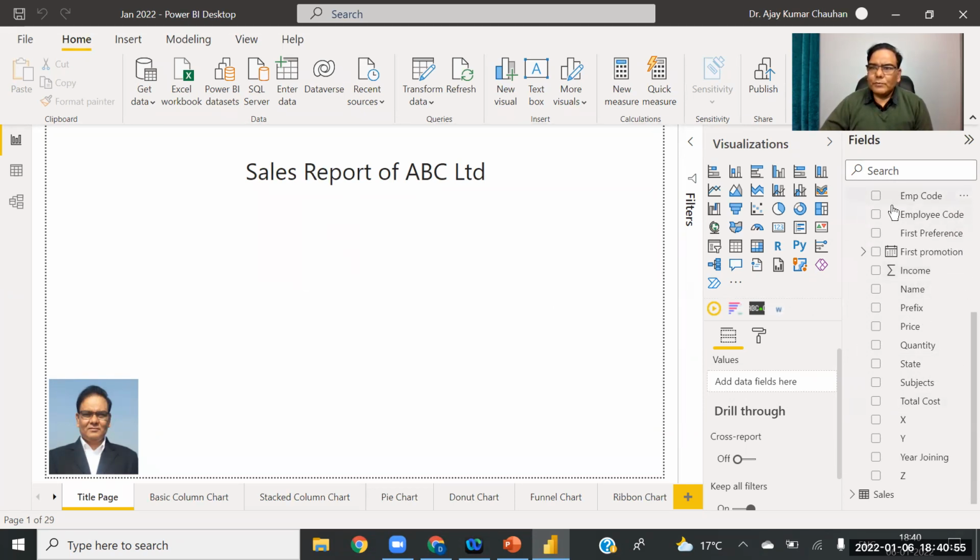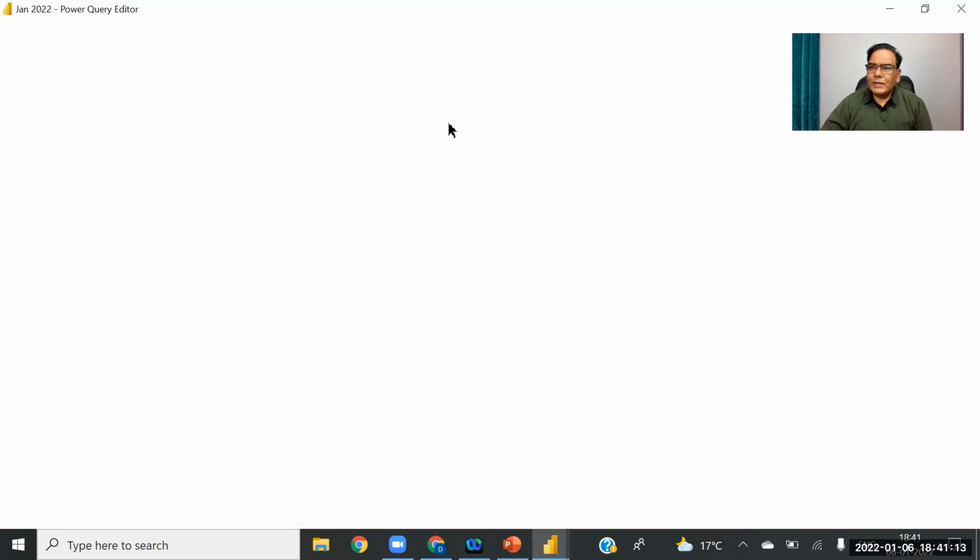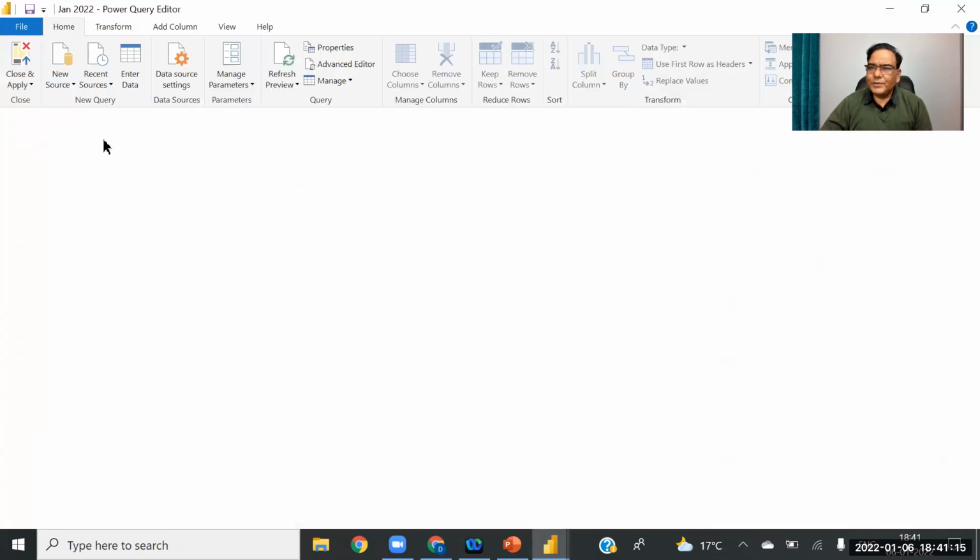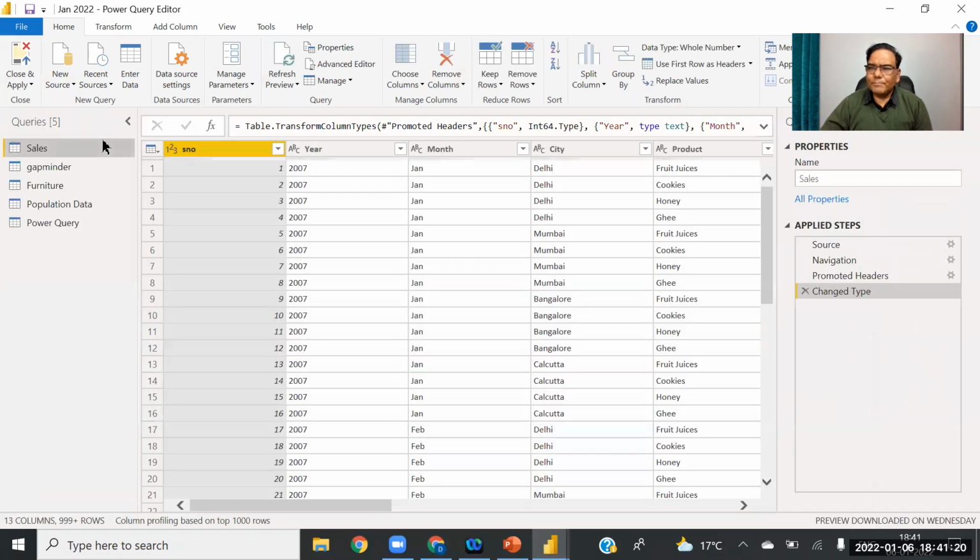For that, you know that we have to go to Home, then Transform data. We have to go to Transform data to apply the new functions. So I click on Transform data, and this will take me to a new page, and all the transformations can be done here.